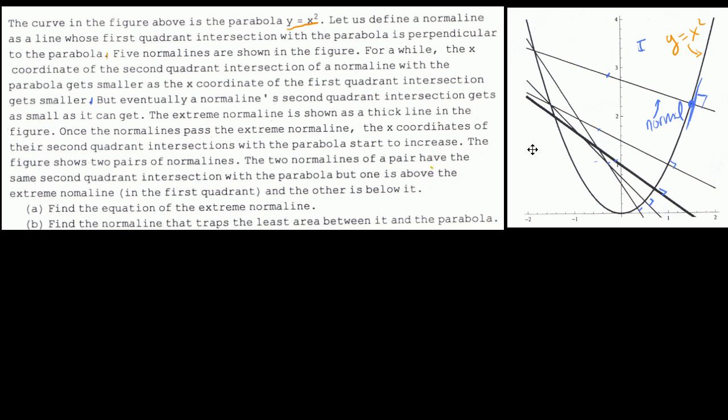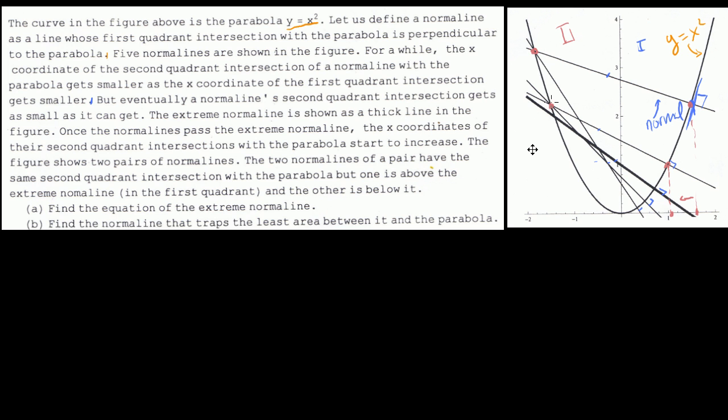So this is where I left off in that dense text. So if I start at this point right here, my x-coordinate right there would look something like this. Let me go down. My x-coordinate is right around there. And then as I move to a smaller x-coordinate, to say this one right here, what happened to the normal line? Or even more important, what happened to the intersection of the normal line in the second quadrant? This is the second quadrant right here. So when I had a larger x value here, my normal line intersected here in the second quadrant. Then when I brought my x value in, when I lowered my x value here, because this is the next point right here,